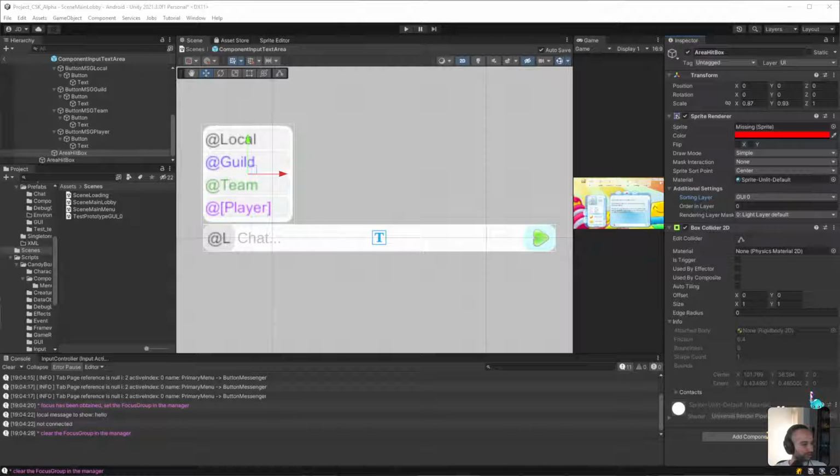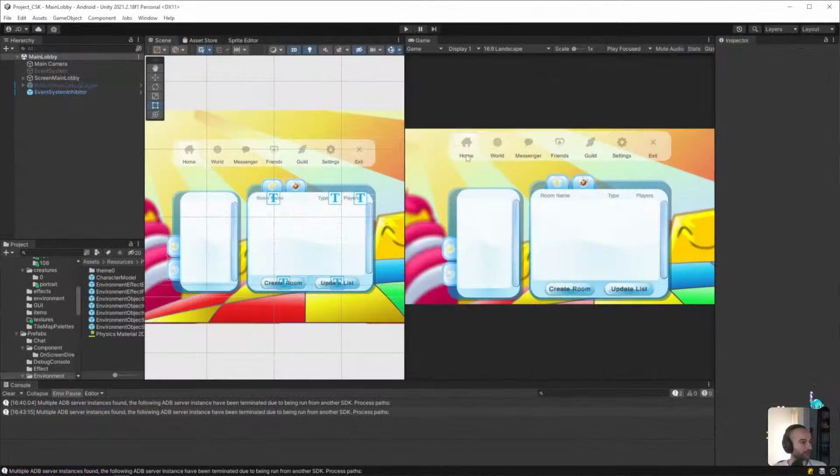Do I have it open? I do have it open. Okay. So we'll go into here and we'll go to the input text area.